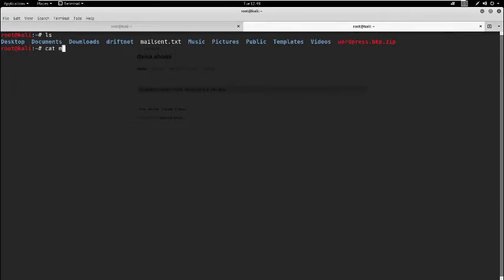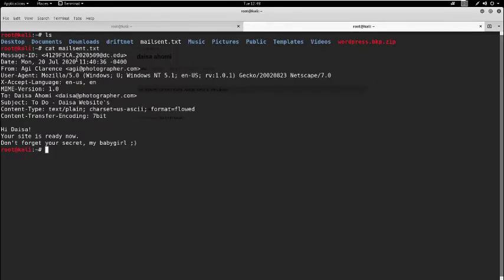So here we can check the mail file, and as we are checking, this mail was sent on 20th of July 2020 at 11:40 to Daisa Ahomi from agi@photographer.com.